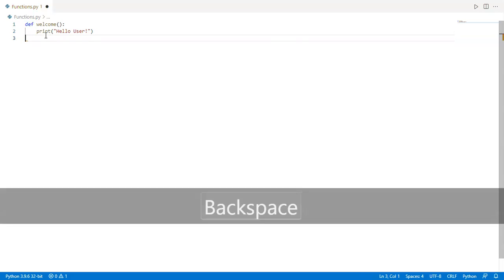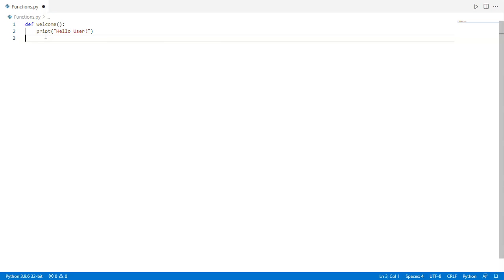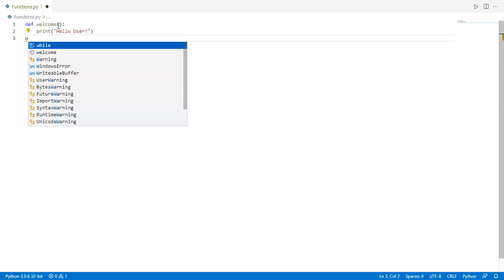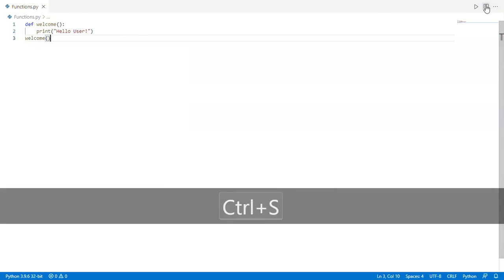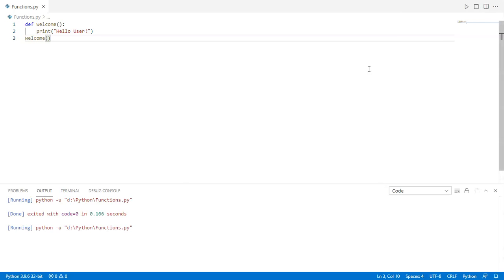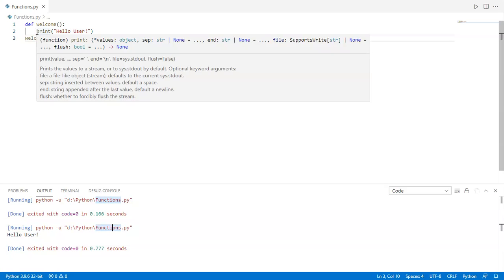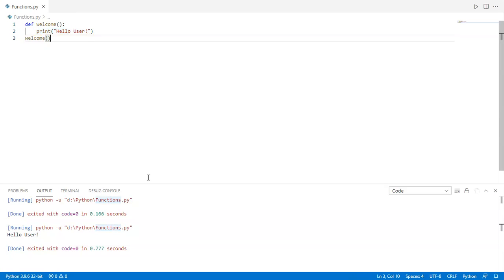Now we type welcome, our function name. Okay, welcome. Now hello user is printed, because we have print hello user.